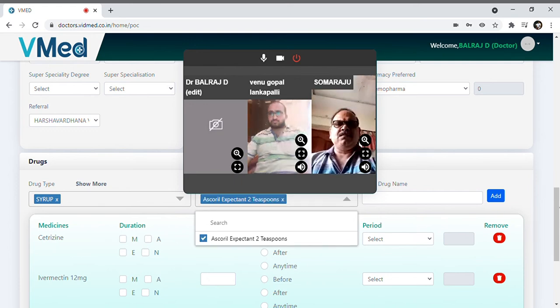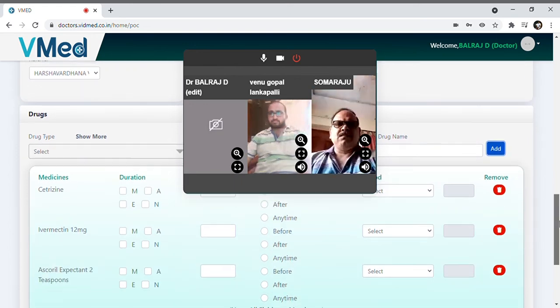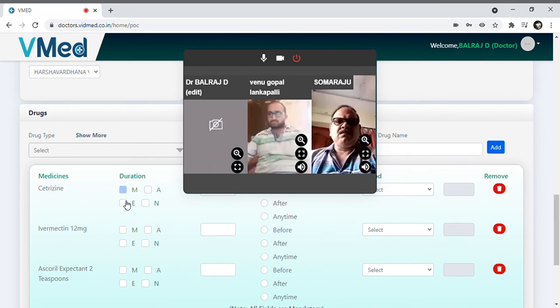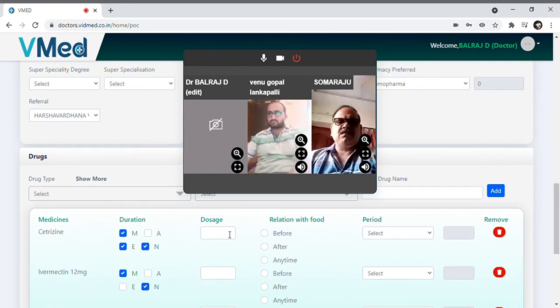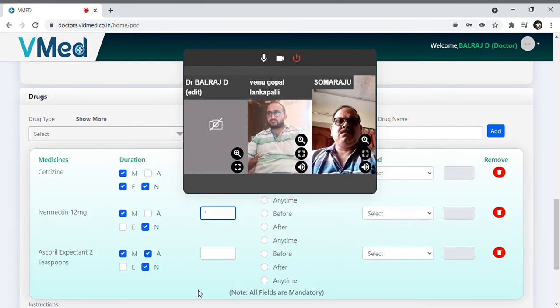So in this way we have identified and added and seen that all the details are getting filled up, like how to give the medicine and also what is the duration in which the medicines have to be taken, what is the timeline, whether it's before food, after food, what is the dosage, and everything.